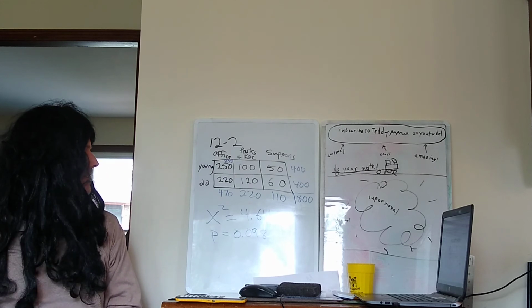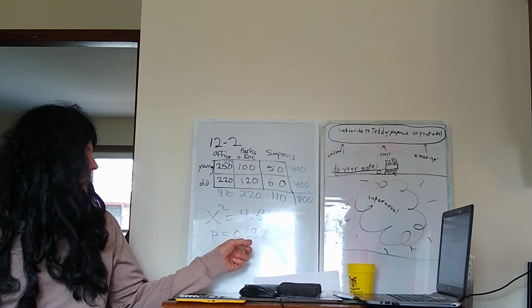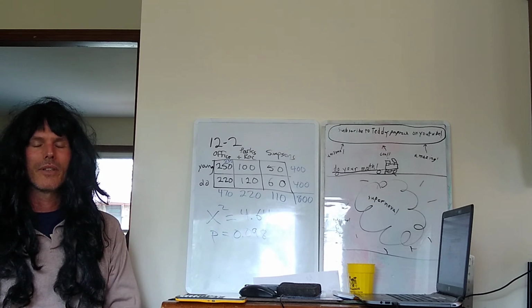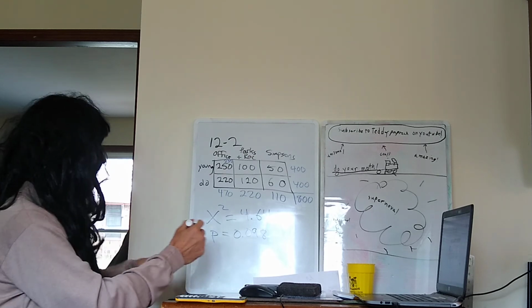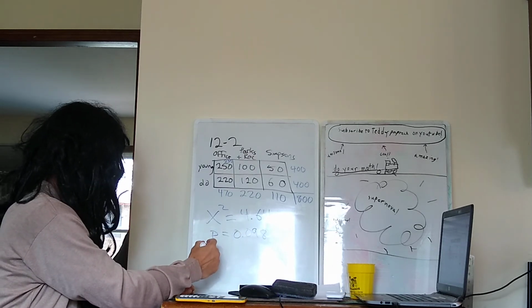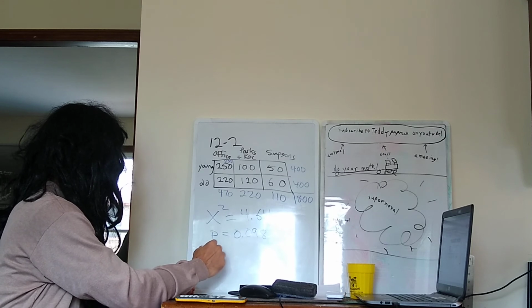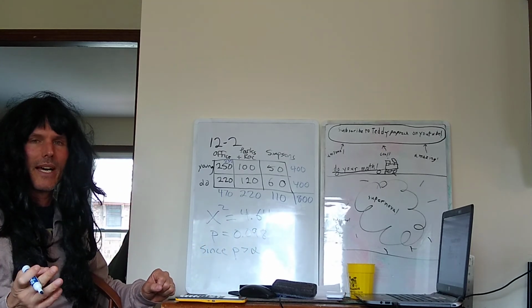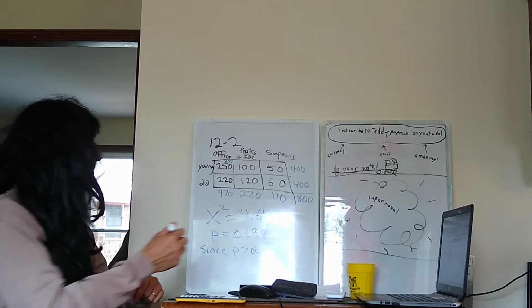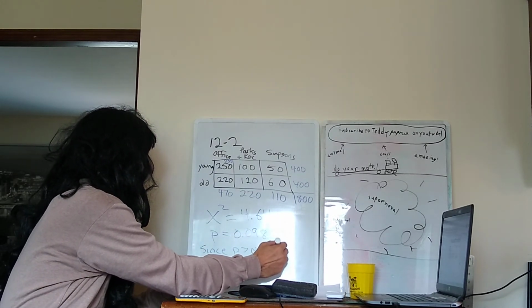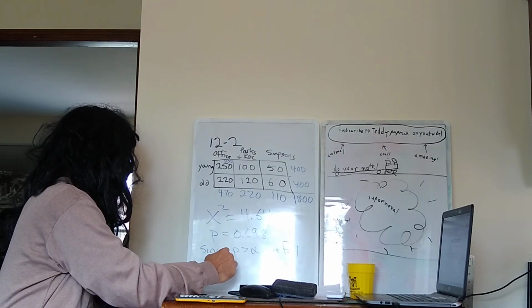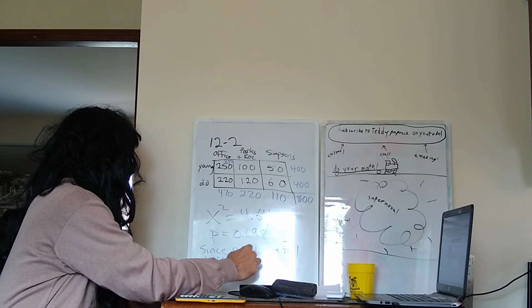Okay, so we all know that no matter what you choose for alpha, 0.01 or 0.05, you're not going to reject the null hypothesis. So I'll write that. Since p is greater than alpha, and I know I never formally wrote down an alpha value, we'll just say it's 0.05, we fail to reject H naught